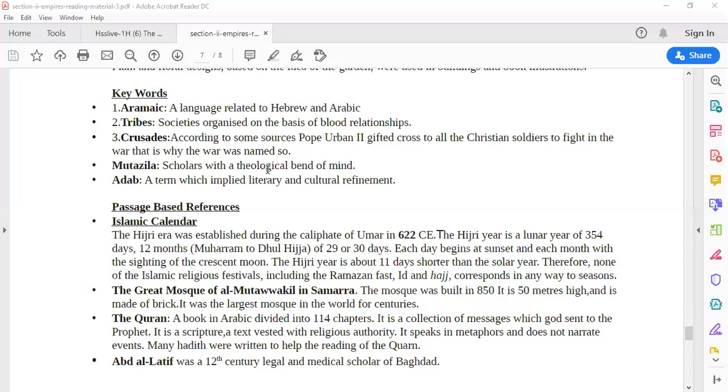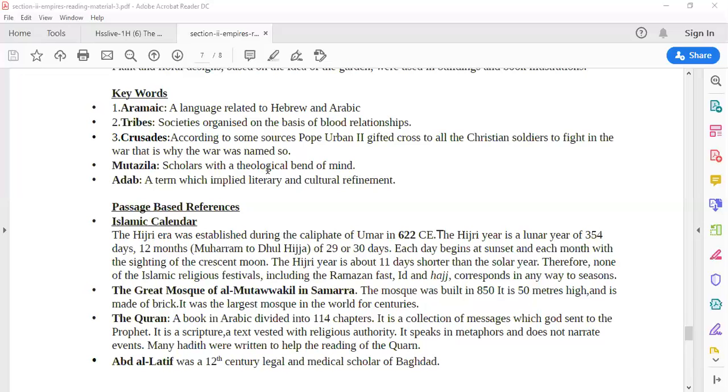The use of Quran as a source material for history has posed some problems. The first is that it is a scripture, a text vested with religious authority, and theologians generally believe that as the speech of God, it has to be understood literally. But rationalists among them, they give wider interpretations of Quran. Abbāsid Caliph al-Ma'mun, he imposed the view that Quran is God's creation. Okay. He said that Quran is God's creation rather than his speech.